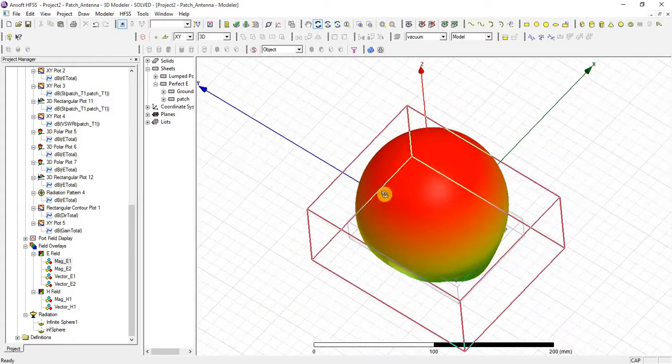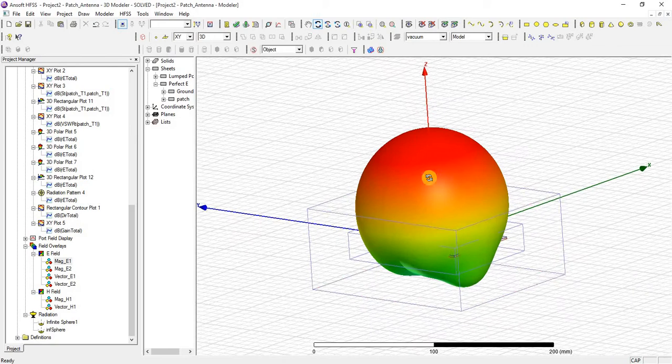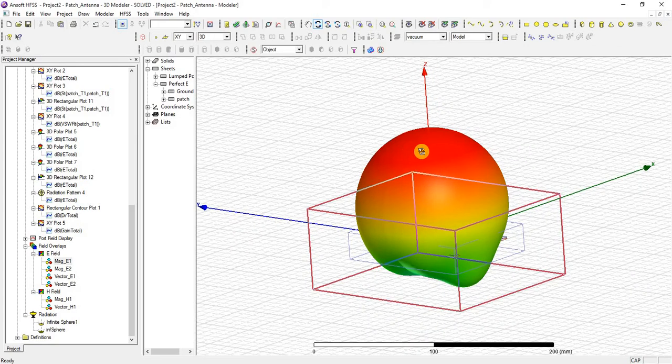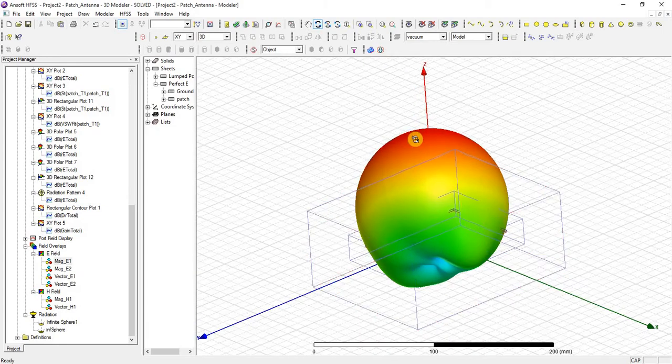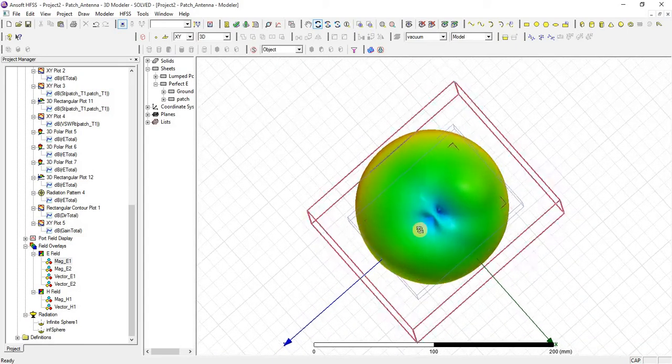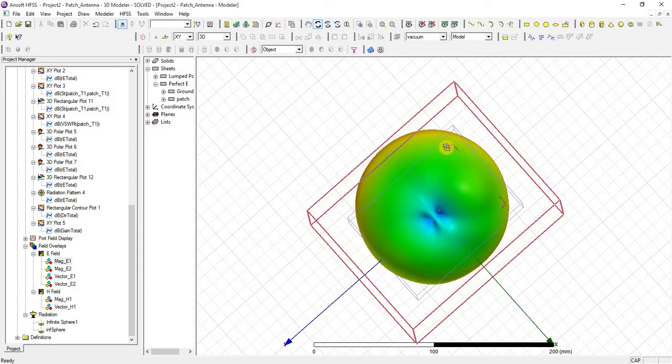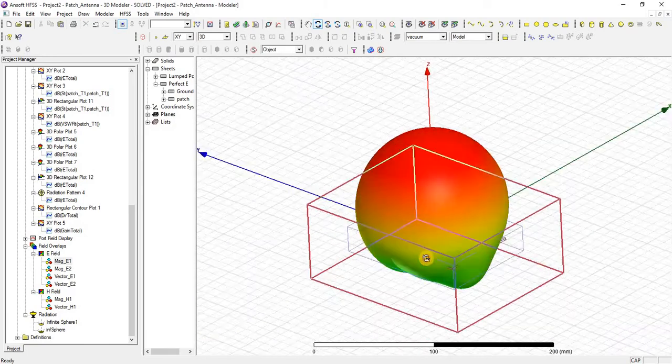From here you can observe that the red color shows the most radiating position or side, and the rest of the colors show slowly less radiation, and this portion shows it is not radiating on this portion.